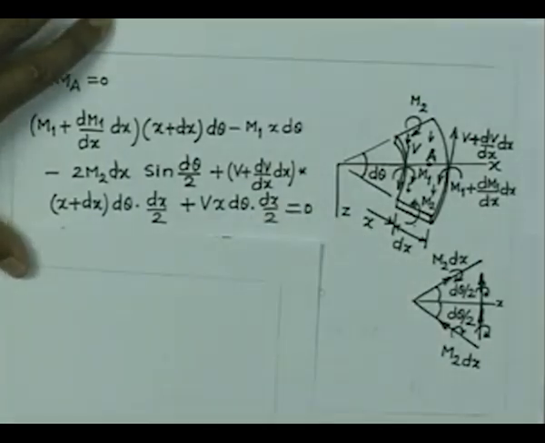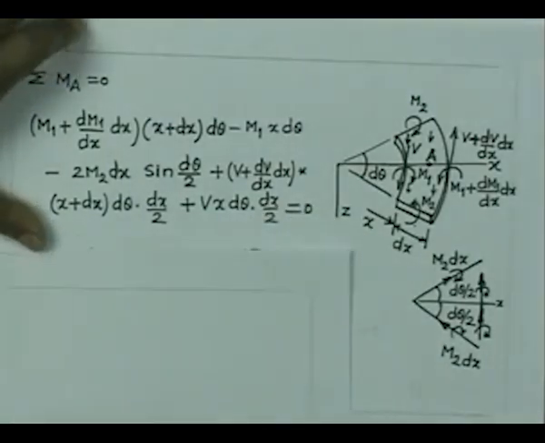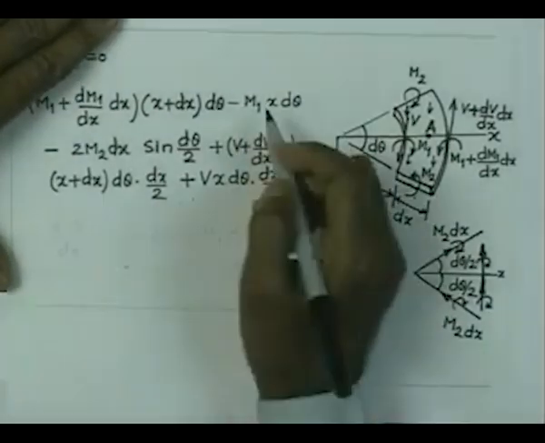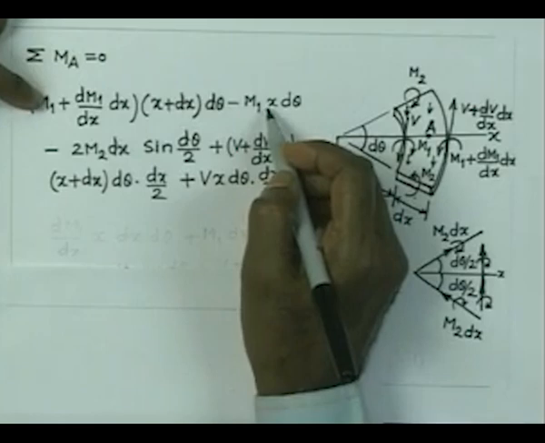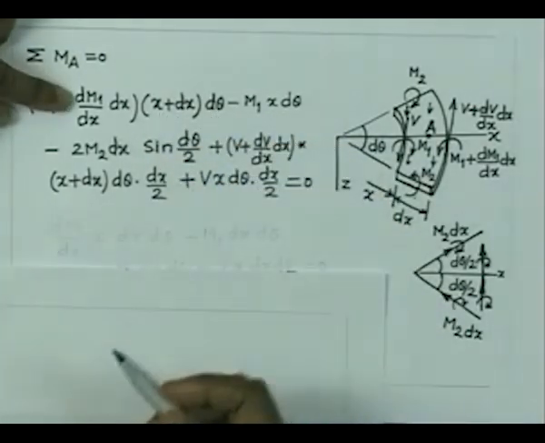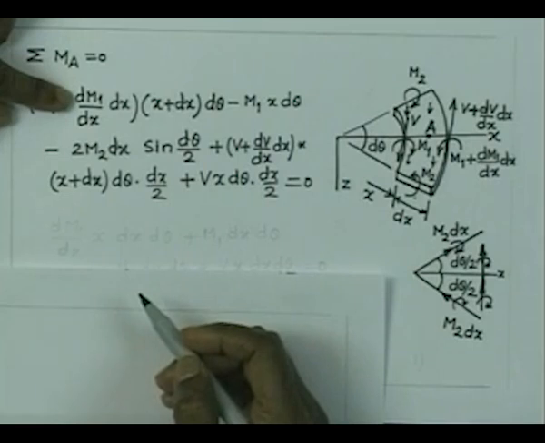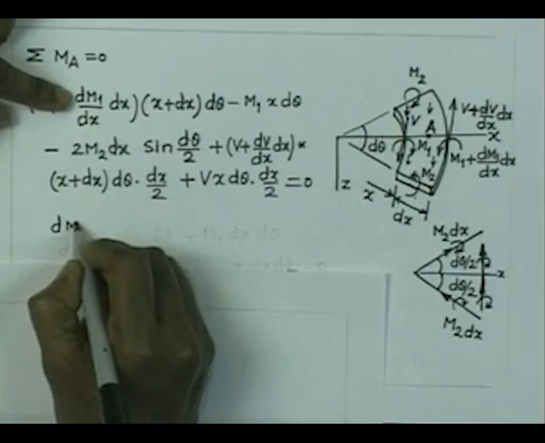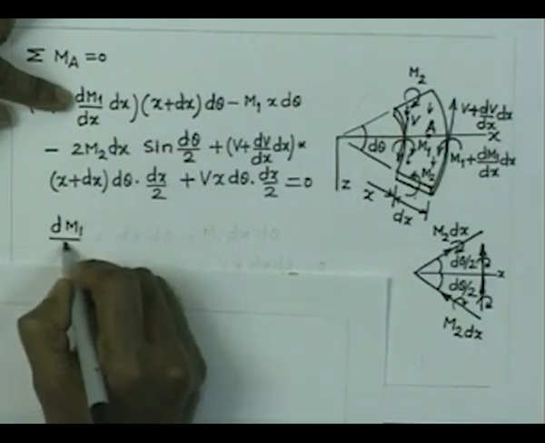So, that is the sum total of all the contributions. Now, if I see the cancellation, this is going to cancel with this product, and now if we just consider the terms which are linear in dx and d theta, then all the terms that will be remaining are the following: